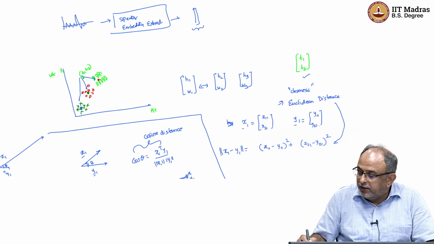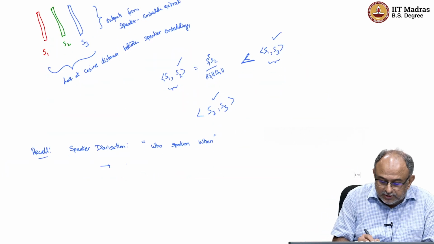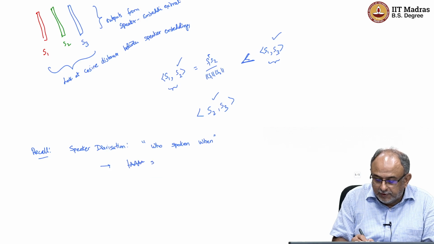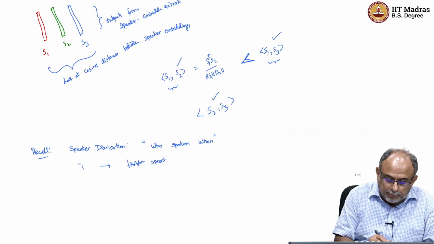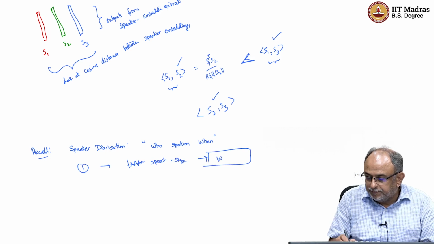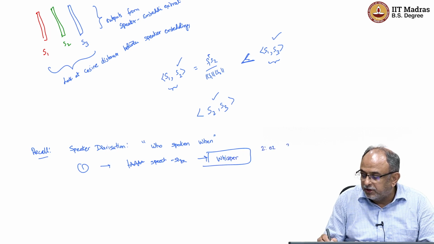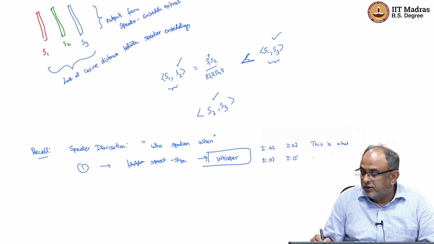I am going to do it in a fashion that involves, first, the speech signal. So, this is step 1, I will take the speech signal and pass it through Whisper, which is from OpenAI, and that is going to give me 2 minutes 0 seconds to 2 minutes 7 seconds: "This is a test." Then 2 minutes 07 to 2 minutes 15 seconds: "Good test, something." So, it is going on. Then what I am going to do,